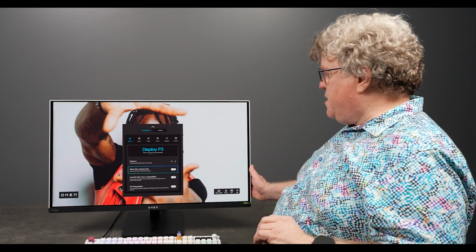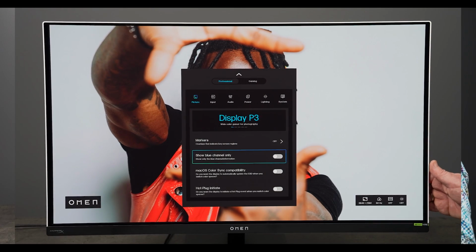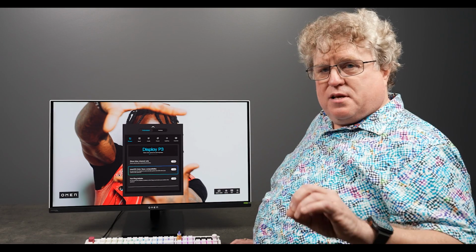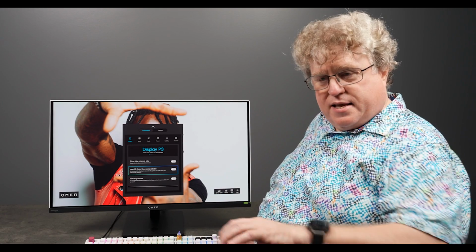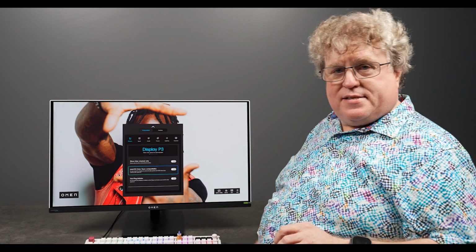I want to briefly mention these last two options. If you're on a Mac, macOS ColorSync compatibility and Hot Plug Initiate are two wonderful settings because they allow you to automatically update Apple's built-in ColorSync, its color management engine for macOS, when you change color presets.